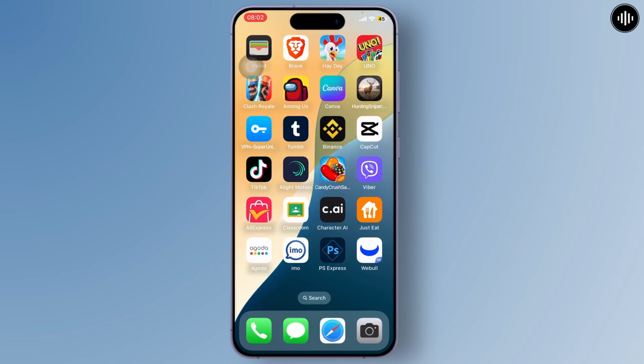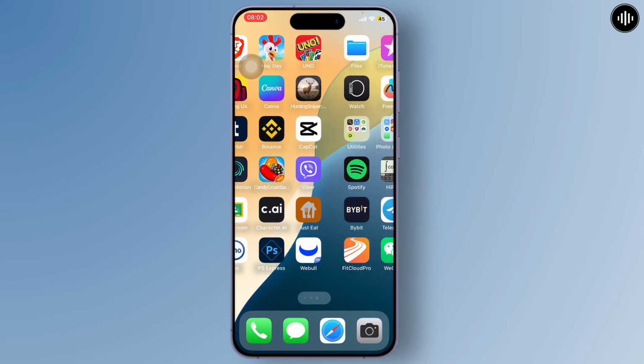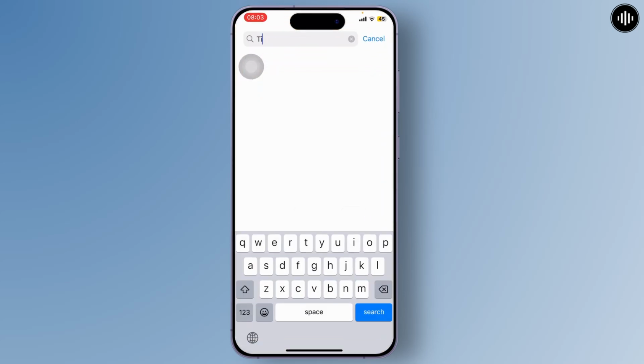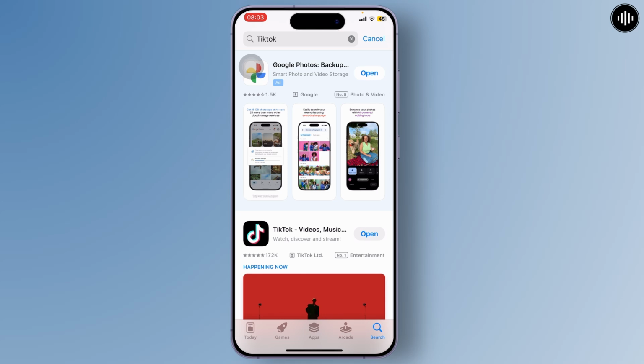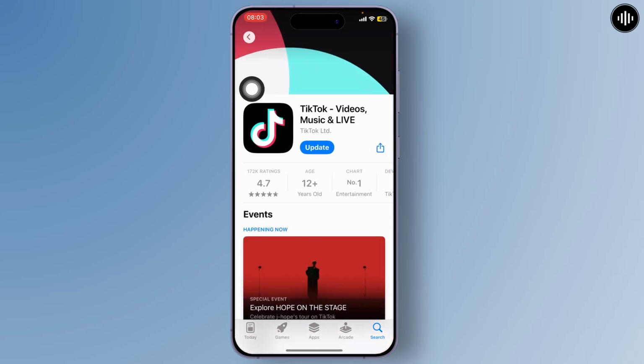But if that does not do it, head back to your initial home page and search for your app store. On your app store, search for TikTok to update it to its latest version. After you search for TikTok, just open it up and check if there is an update button available like this. If there is, tap on update to update TikTok to its latest version. After doing that, your issue should get fixed,